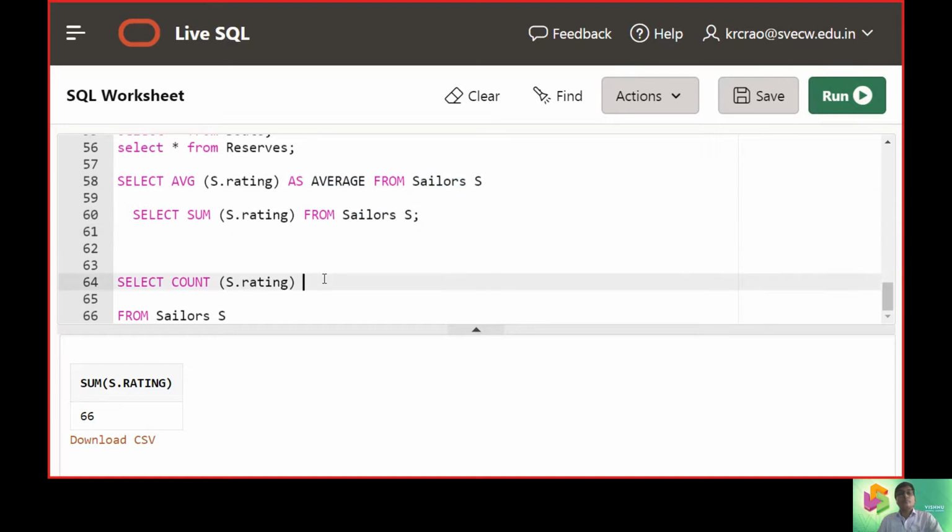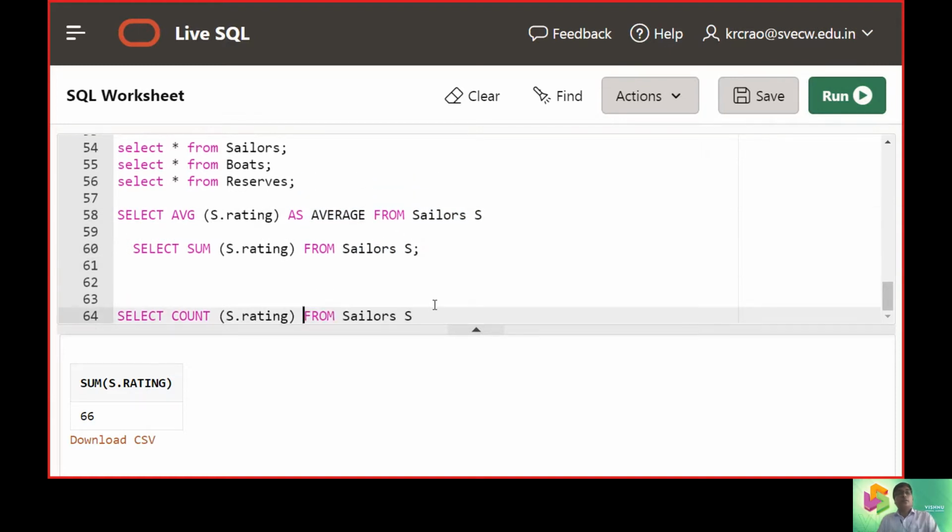Now we put up the count, and when it is executed, the count is 10. Now what is the average here?